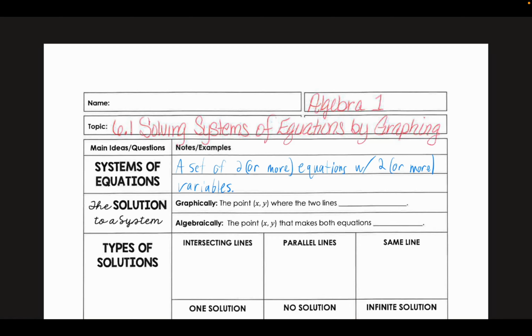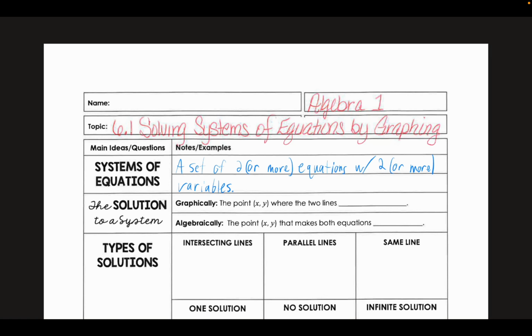So let's first start by defining what a system of equations is, and that's a set of two or more equations with two or more variables. And the solution to a system is found either graphically, which we'll cover today, or algebraically, which we'll cover in sections 2 and 3. So graphically, it's the point where the two lines,